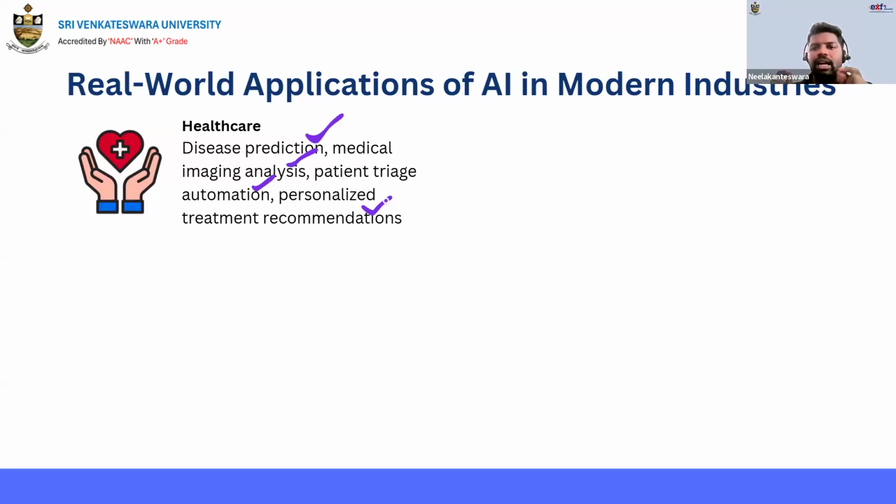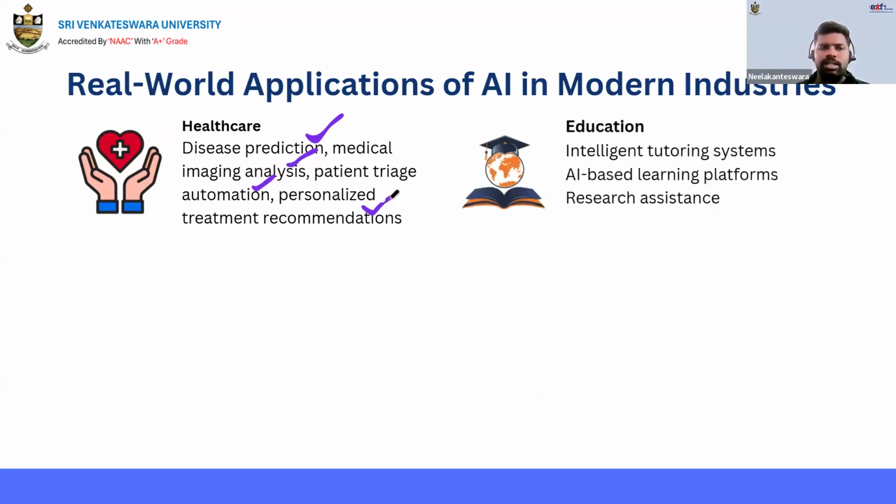They have different lifestyles. That means by considering all those things, they will suggest personalized treatment recommendations. Okay, that is about healthcare, and we can use these things in education also for intelligent tutoring systems, AI-based